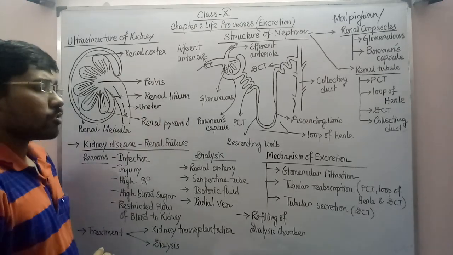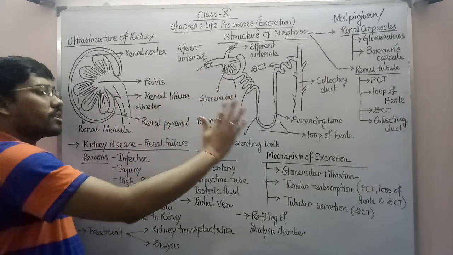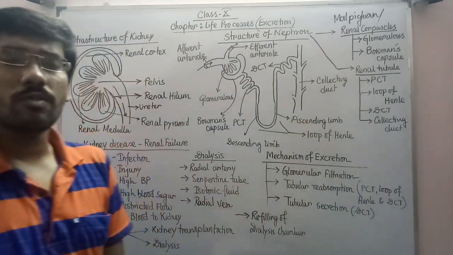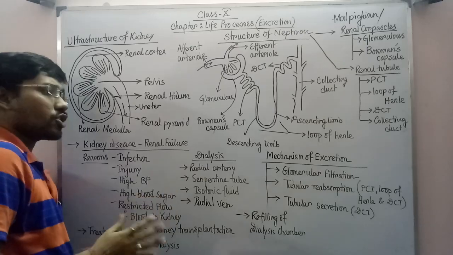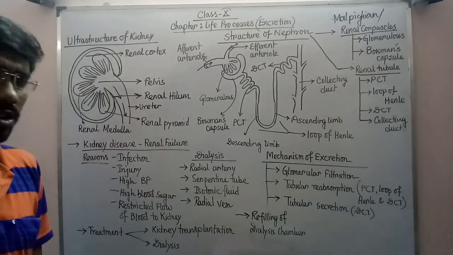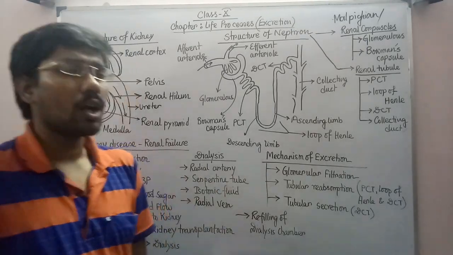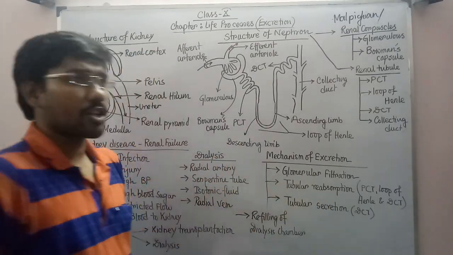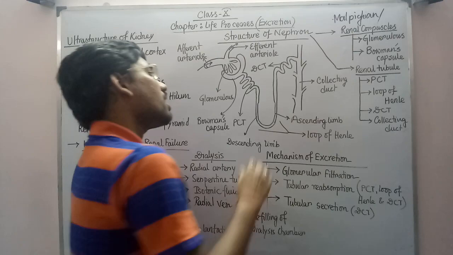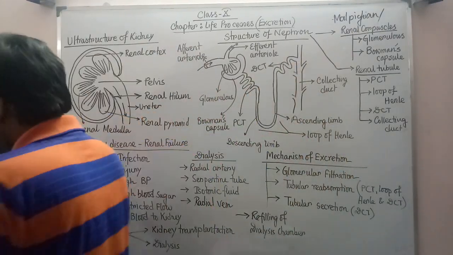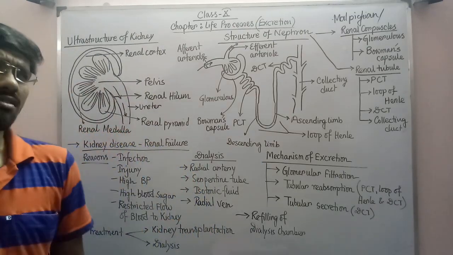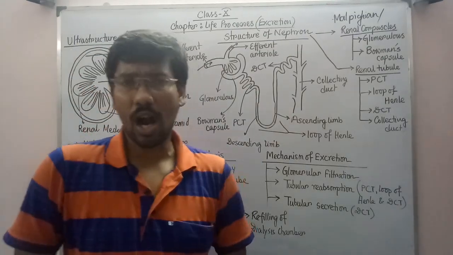Now the point is tubular reabsorption. We have understood the PCT portion, loop of Henle, DCT portion and collecting duct. These portions are all responsible for reabsorbing various materials, including essential materials, water, various ions and all these things, and producing highly concentrated urine. But the last thing is tubular secretion. In this specific step, what is happening? Specifically in the DCT region, the distal convoluted tubule region, so many impure substances, those that are not required for us,